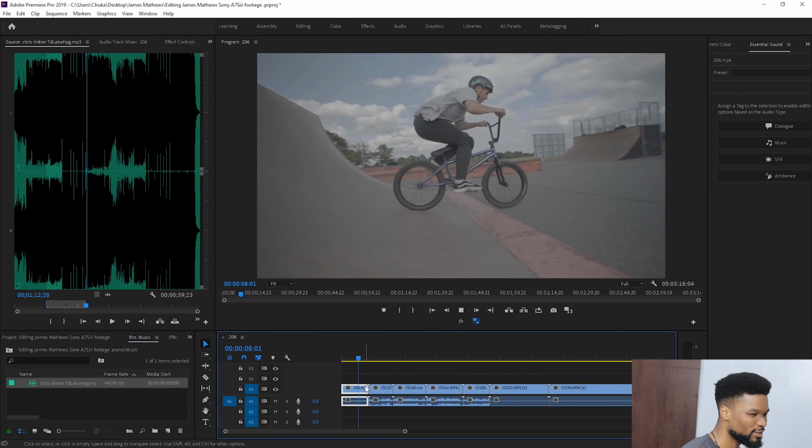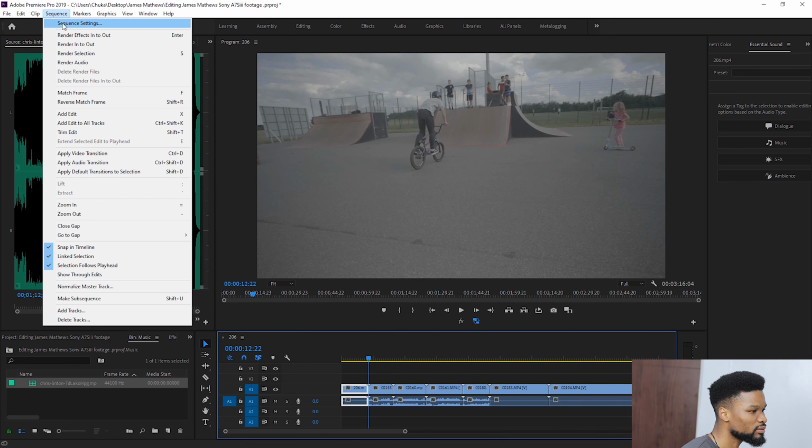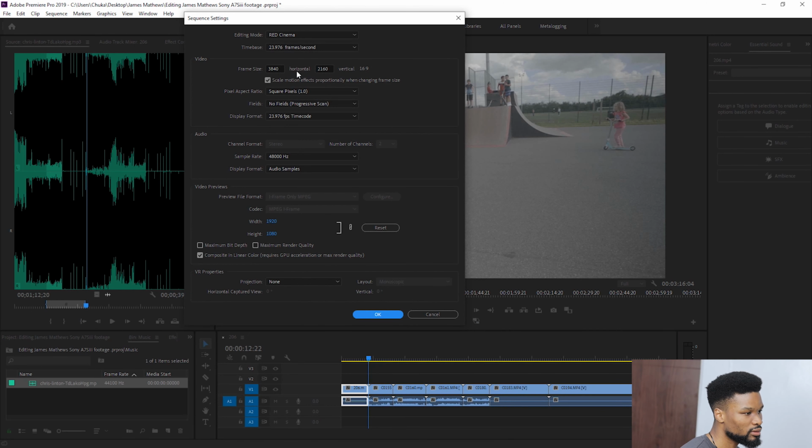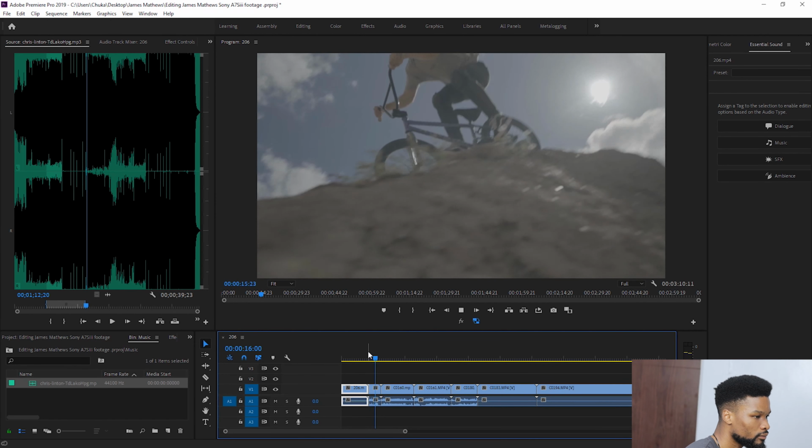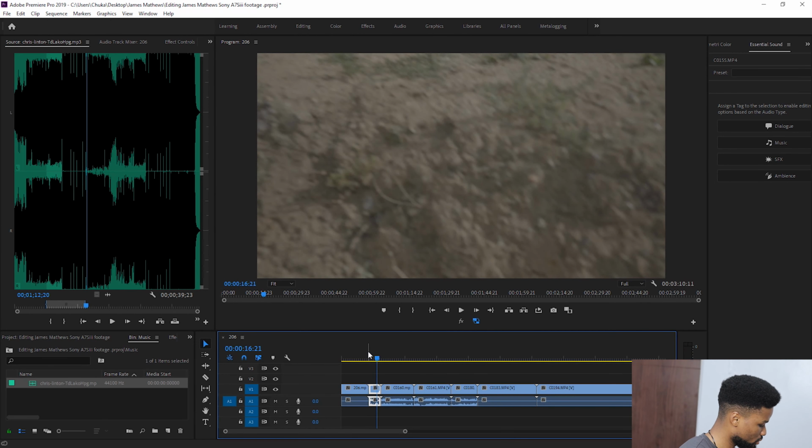Bad guy! Let me confirm that my sequence is 4K UHD and also 24 frames per second. Check! This is a fast dark transition, it should be able to work here. The jump.